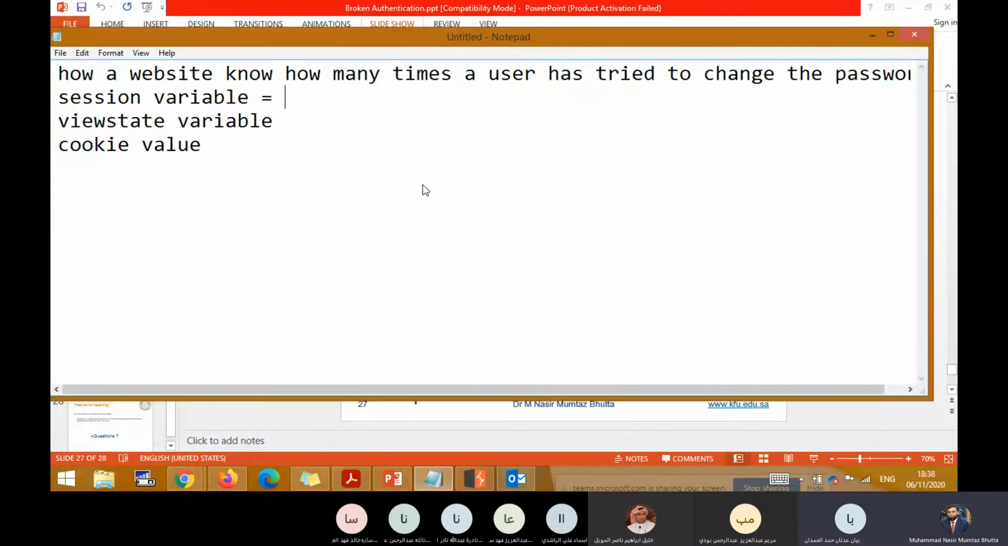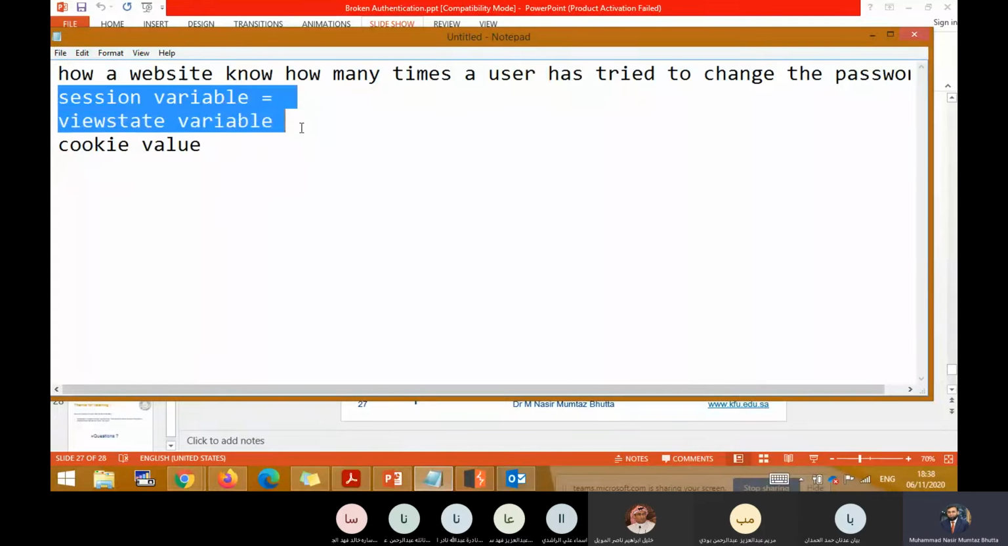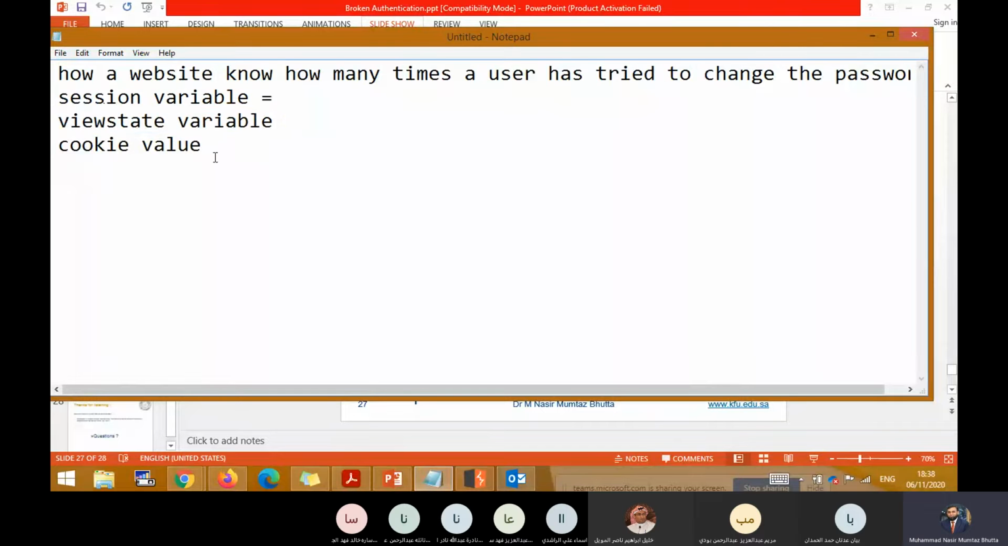Yes or no, students? Yes, doctor. Okay. So for example, for how many attempts you are making, I will give you the example of a cookie, because many people may not remember session and view state now. If it is stored in a cookie, there will be some variable like this: login attempts equal to